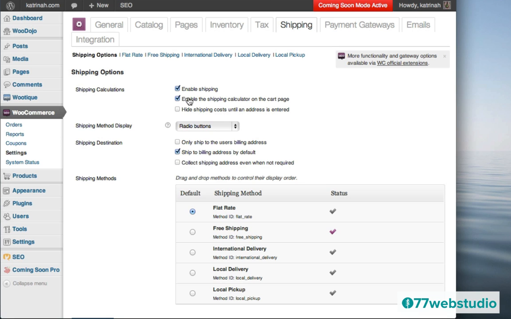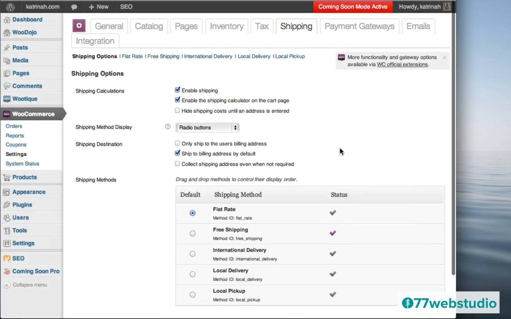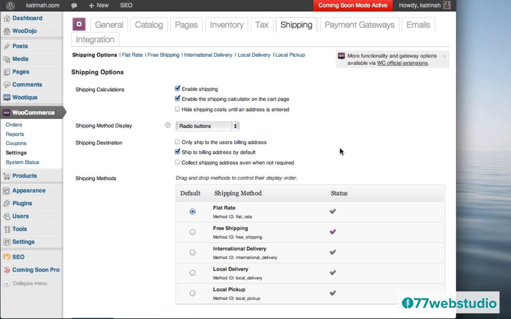And here on the shipping options page, we see all the different settings that we can configure to set the shipping up the way we would like it to be set up. So we notice that by default, shipping is enabled here in WooThemes, and also we have a shipping calculator that is by default enabled. We'll come back to that in just a moment.